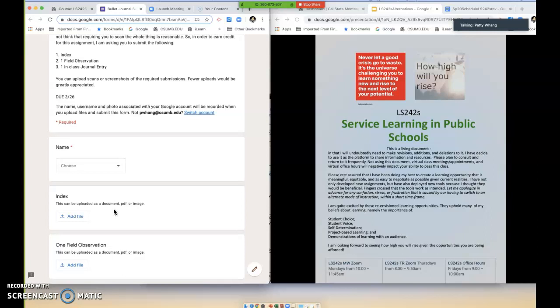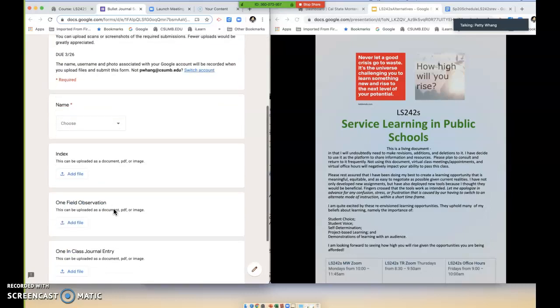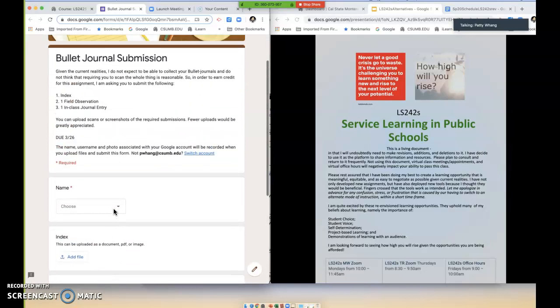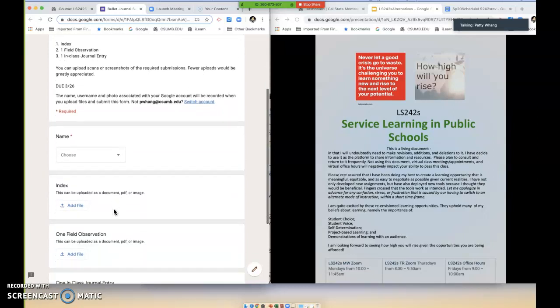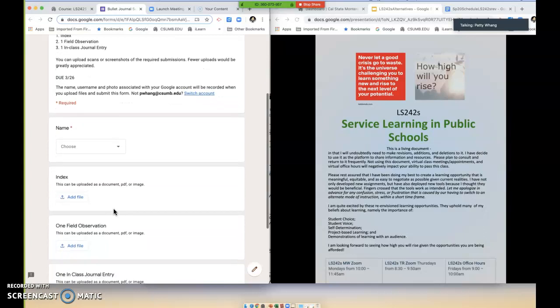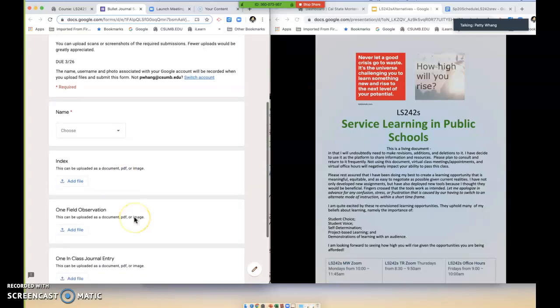And also the files that you submit get put into a Google folder, which keeps things nice and organized. And so this first one is for your bullet journals. And again, I've tried to lay it out in a way that makes it clear what you need to be turning in. So the three things for the bullet journal are either a screenshot or a scan of your index.